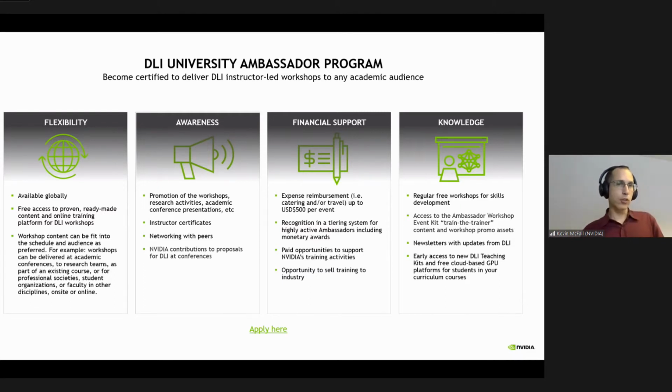Now, our instructor-led workshops can be made available for free to your students and anyone at your university or other universities when we can get you certified as a certified instructor for that workshop. We have many different workshops, like I was mentioning, anomaly detection, predictive maintenance, all sorts of different ones, as well as fundamentals of deep learning, etc.